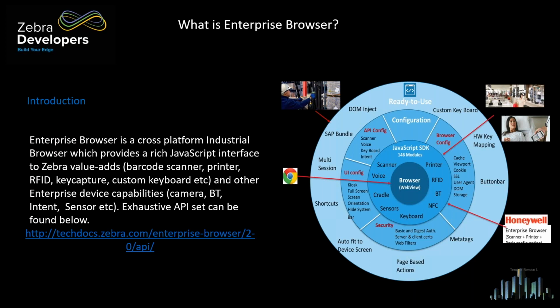So we have specifically designed this industrial browser to use these hardware features, and the customer can access all these features using JavaScript. So in the center, you can see the browser web view, which does the rendering, and here outside you can see all the hardware features of Zebra devices that are supported in the industrial browser, and above that